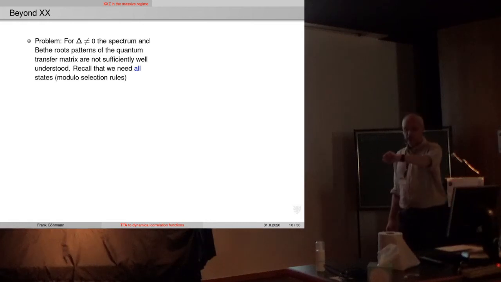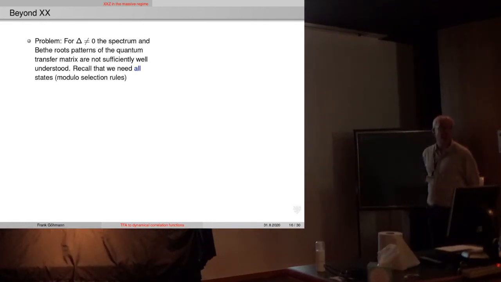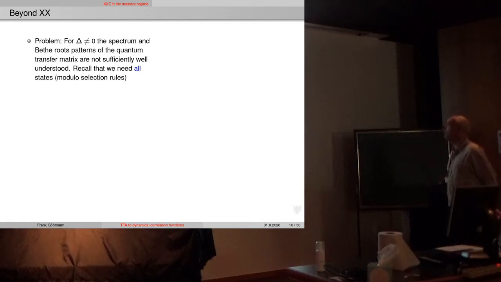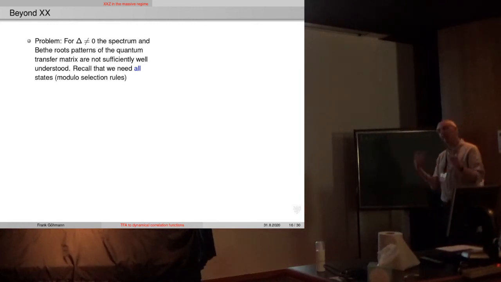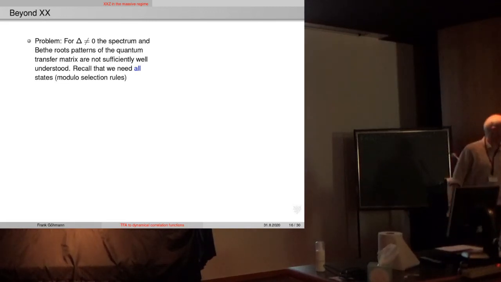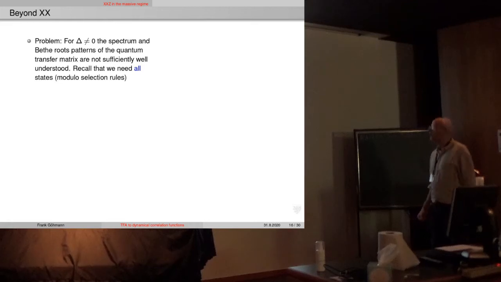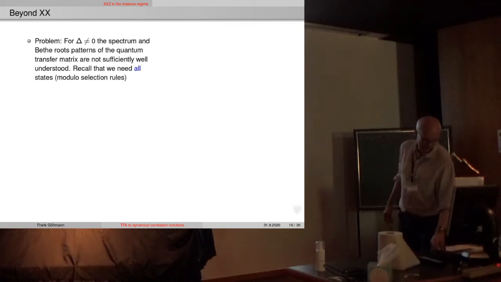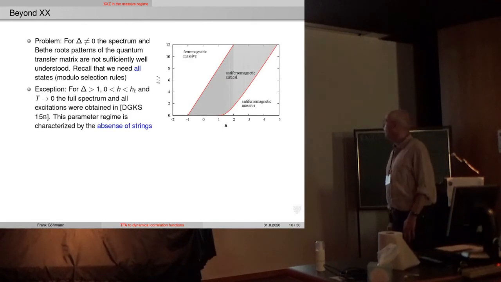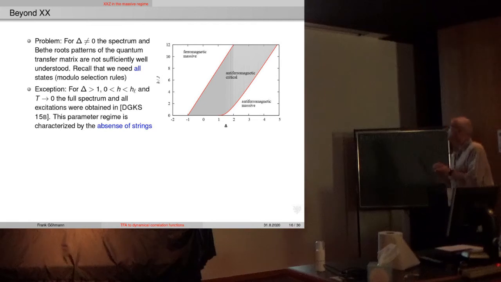Okay. Now let me say something about the new stuff. The new stuff is beyond XX. So what is the problem? If the field is not zero, the spectrum and the Bethe ansatz patterns of the quantum transfer matrix are not sufficiently well understood. So I showed you this nice picture, the curve with the dots and so on. And in the general case, there may be wild patterns in the complex plane, and they look more complicated than for the usual transfer matrix. This is the problem. Otherwise, we could do everything in full generality, but now we have to approach this more